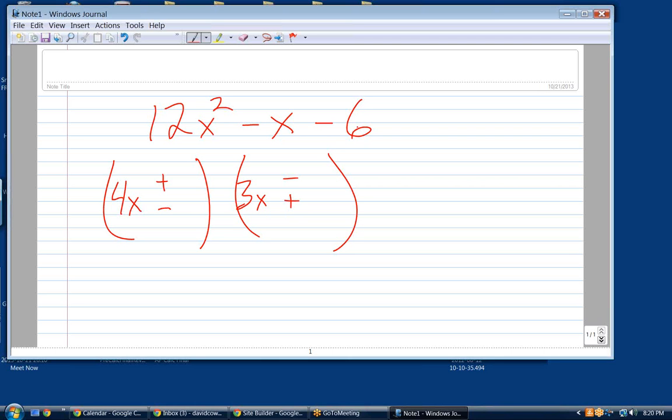Now we want factors of 6. Well, let's start with 3 and 2. Does that work? No. No, but it's close, right? Because that gives me plus 9x minus 8x, so it gives me a plus x in the middle, which means all I have to do is to turn the signs around. Let's make this one the minus, this one the plus, and that's going to work